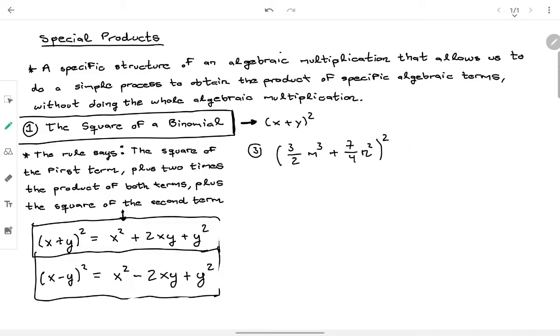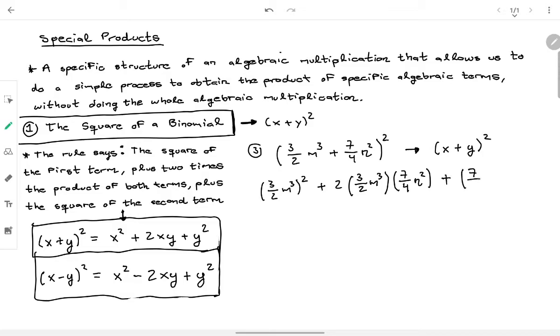So let's see a third example when we have fractions. Don't worry, it's the same way. It doesn't change very much. So the rule tells us we have here something where both of them are positive. So it's like having x plus y squared. So the rule tells us we will have the first one squared plus 2 times the first one multiplied by the second one plus the second one